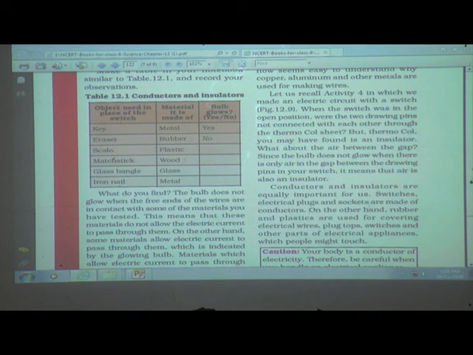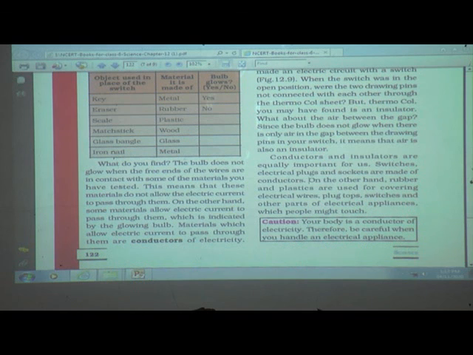Both are very important. Switches, plugs and sockets are made of conductors, but rubber and plastics are used for covering them, so we can touch them. Just because of the insulators, we will not get the shock.